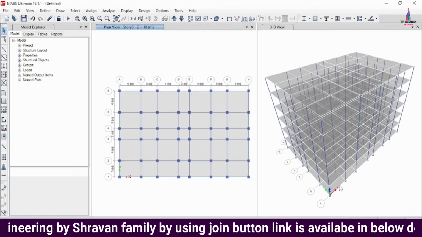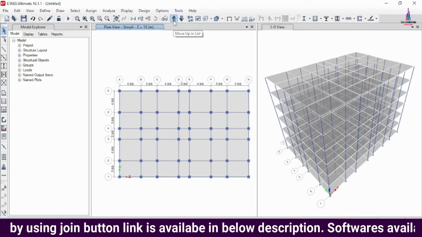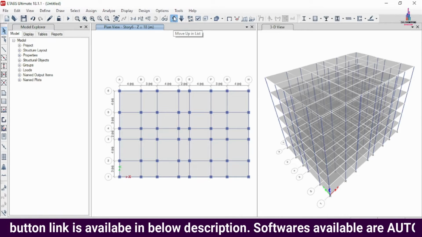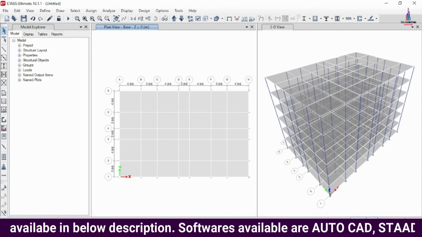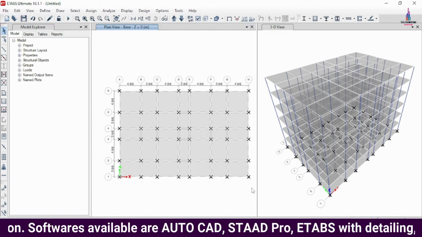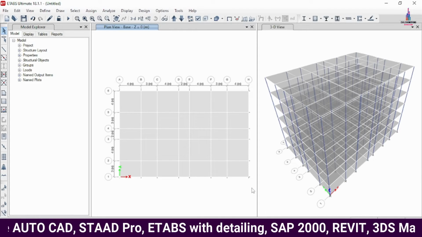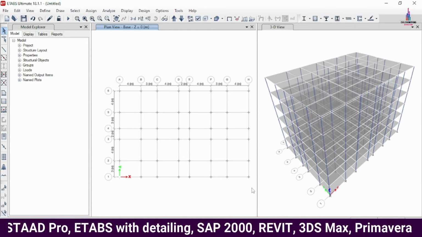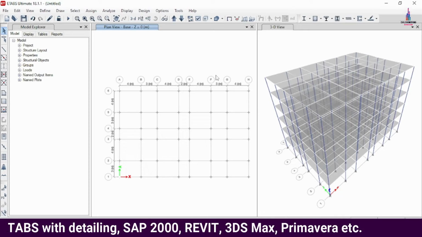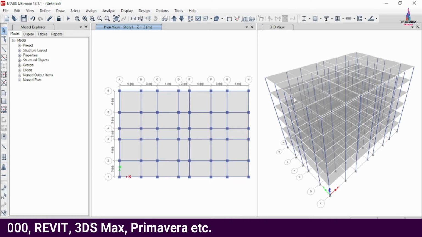Now we have to delete the slab section at the base of this building. For that, go to your bottom ground story level by selecting this option. Change the all stories option to the one story option. We have to select all the properties at the base here. Click on the delete option so that it will delete the properties at the base of this building structural model. So now we can see here it was drawn with beams, columns as well as the slab.